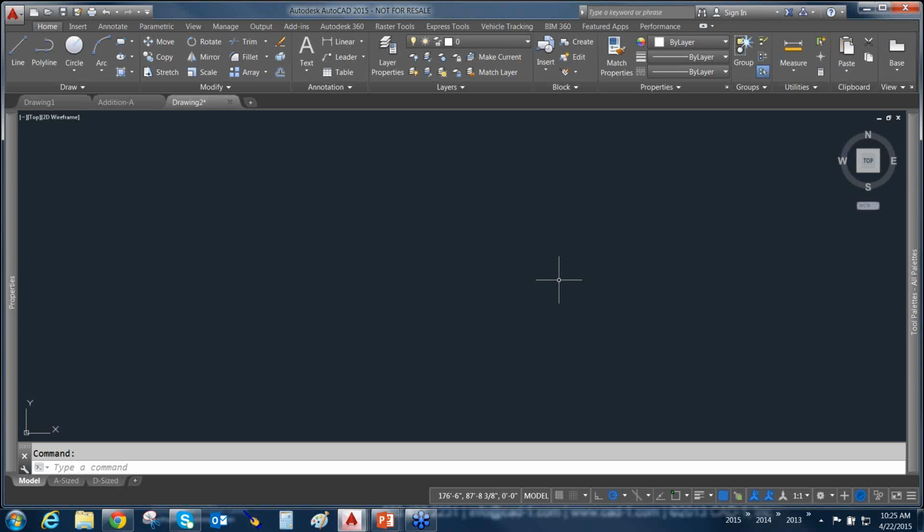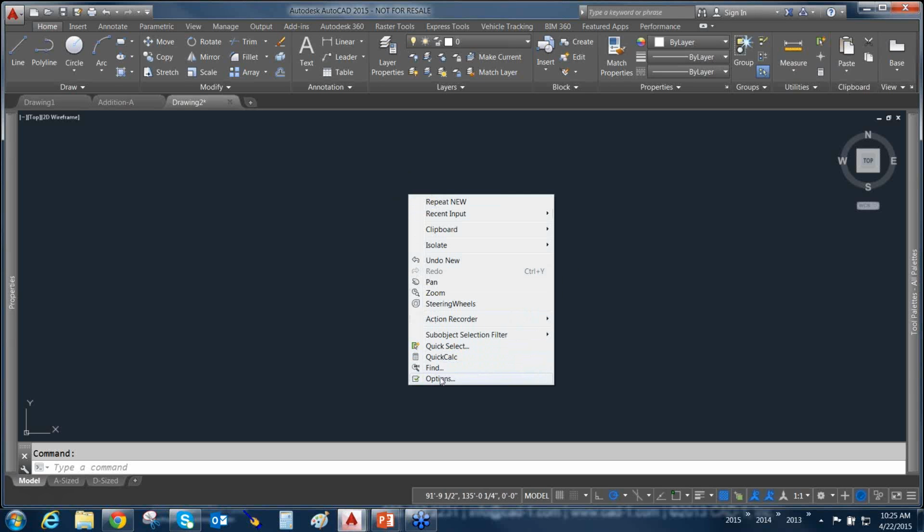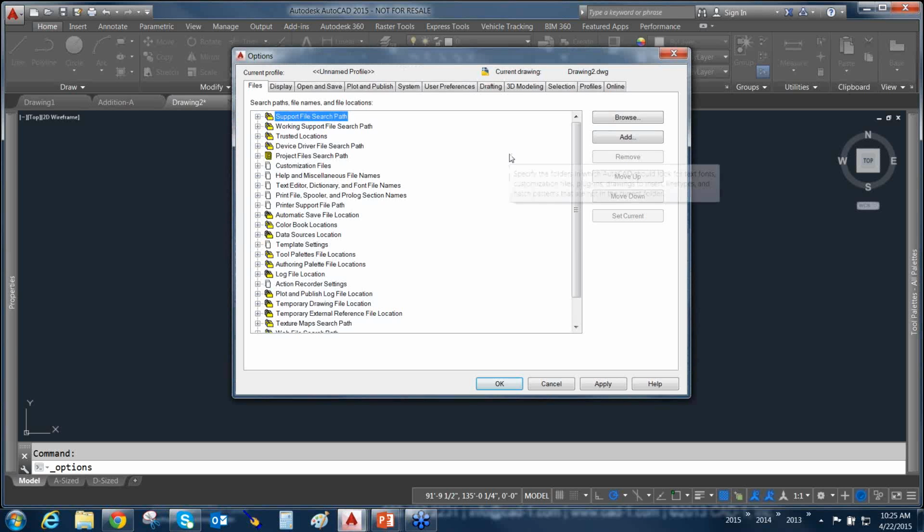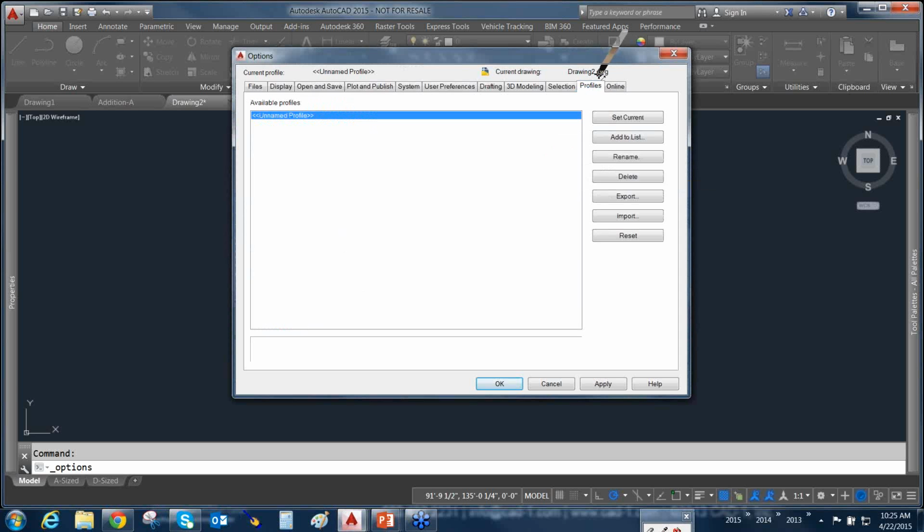Let's see. We have a question: can the template be part of a profile? Sort of. How's that? Sort of. By profiles, we're talking about AutoCAD profiles, not Civil 3D profiles and alignments. What these profiles are inside of AutoCAD is a snapshot of all the settings, or most of the settings, let me start with that, that you change inside this entire dialog box,